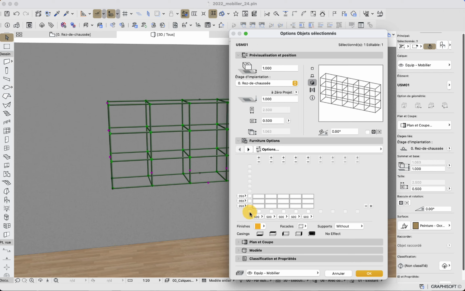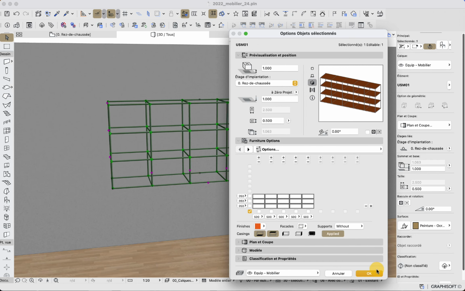The module can be selected all at once, for example by clicking this checkbox. It can be selected by rows. It can also be selected by column, and can obviously be selected individually simply by clicking on the module that I want to modify. So for this demo, we will simply do it as a whole. That should be enough. So if I want to create chairs, I select the casing that I want, and then I apply them.